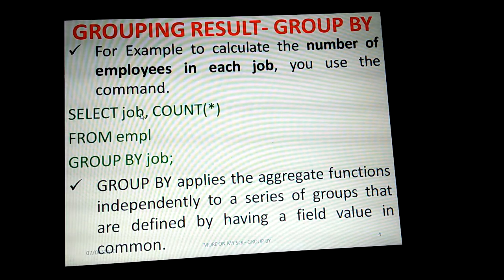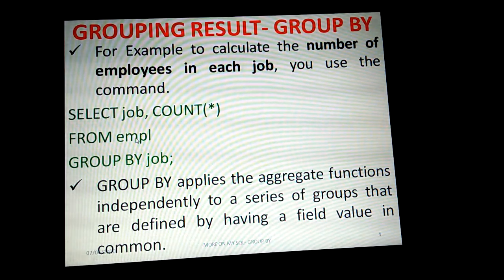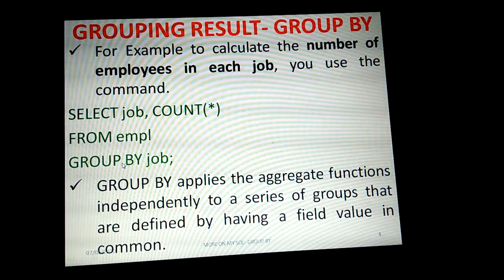From which table? The EMPL table, and we are going to group by job. So for each job, how many employees, that is the question for us. We need to write the command like this to get the result, and we can get the output like that.